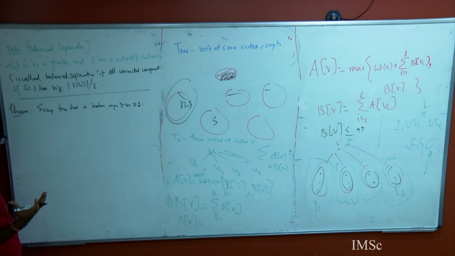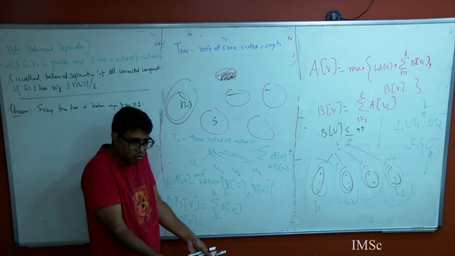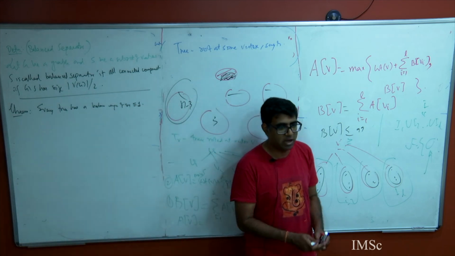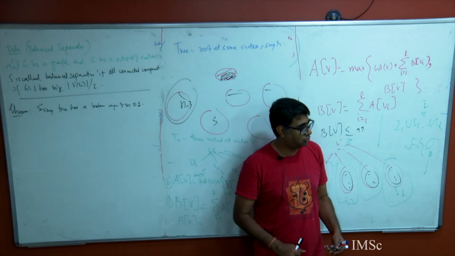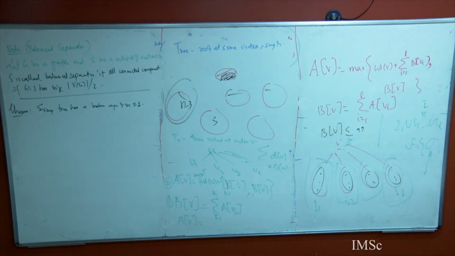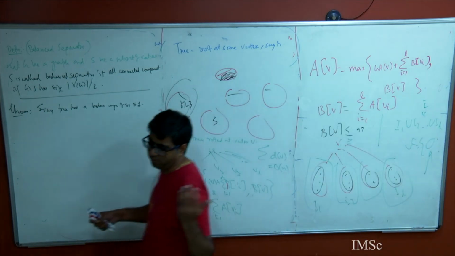Any induced subgraph of a tree, which is also a tree, also has a balanced separator of size 1. So it's a property which is hereditary, and we need this hereditary property because when we go recursively, we would like to repeat the same thing. I don't know what graph is going to come there, so I would like to define a notion where for anything I'm able to decompose it in nice ways. Let me define a new family of graphs for you.